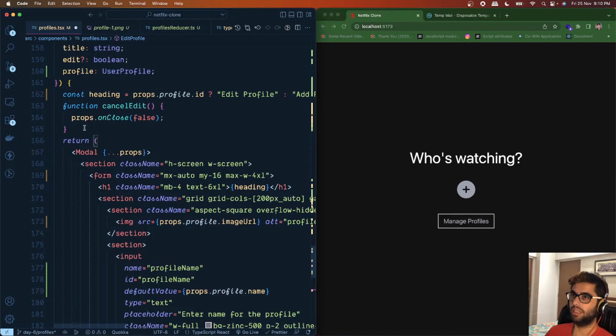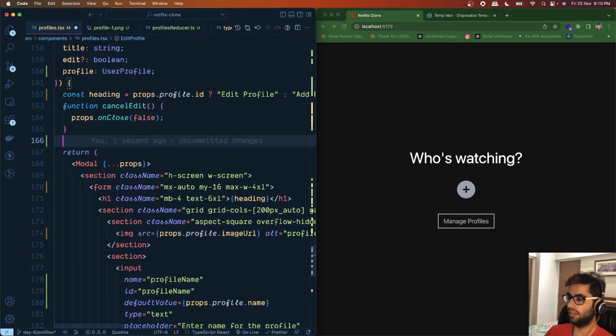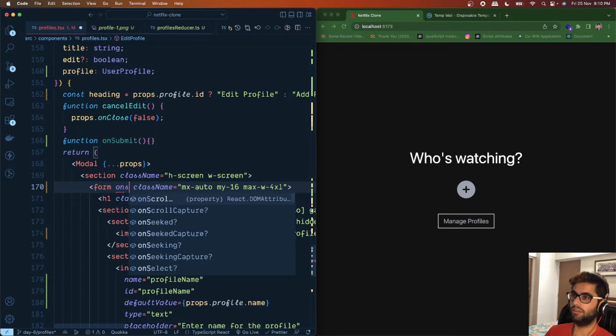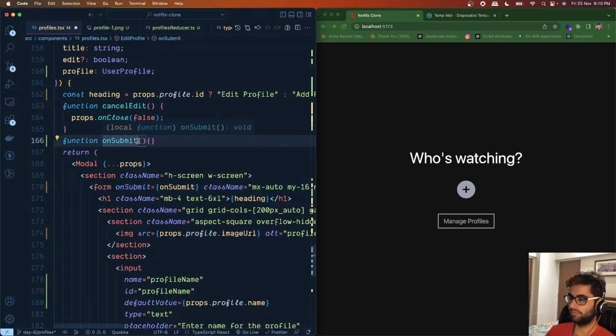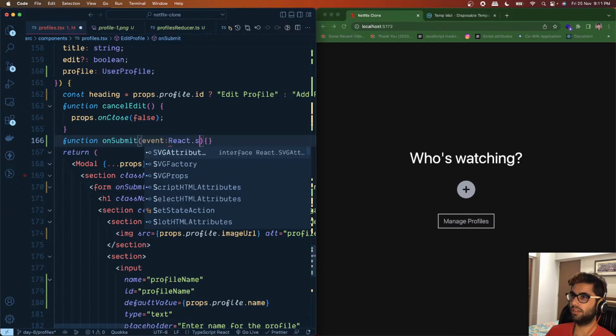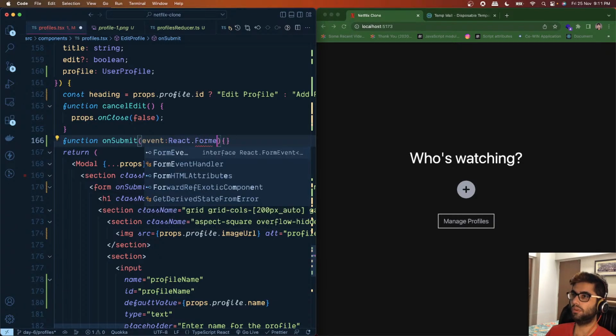All right, and we'll write an onSubmit here. We will wire this up with the onSubmit here, and this is going to receive an event which is React.FormEvent,